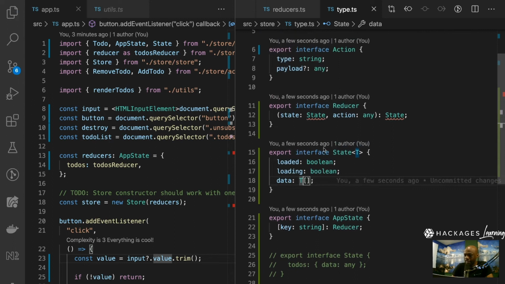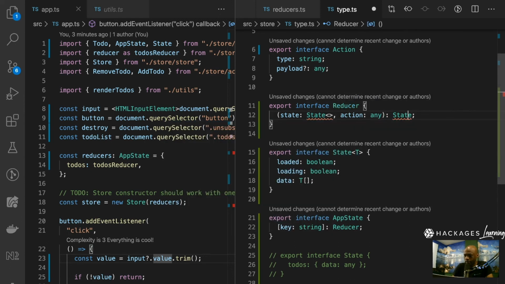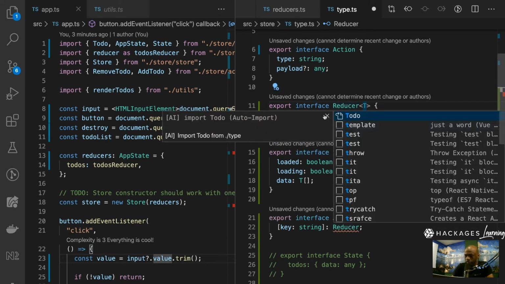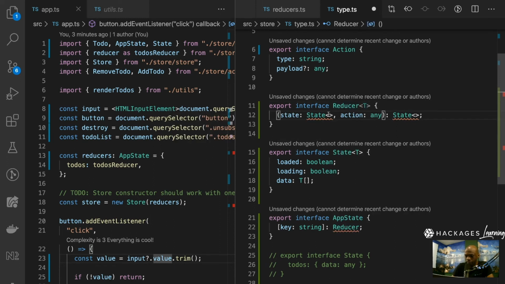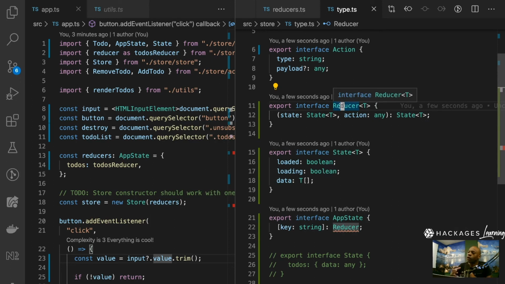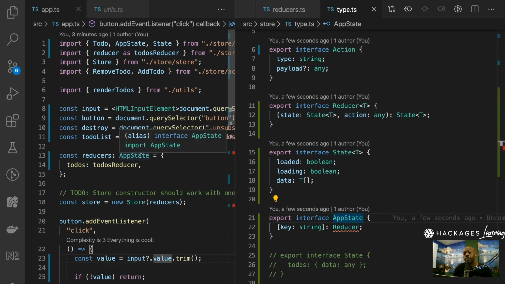So which means that now my reducer knows that it's going to deal with something of type T here, and then you also need to turn that into generics as well, because your reducer will be dealing with one specific type. So if you do so, you say, okay, app state, what are you dealing with? What is app state? App state is this one. So app state is going to receive